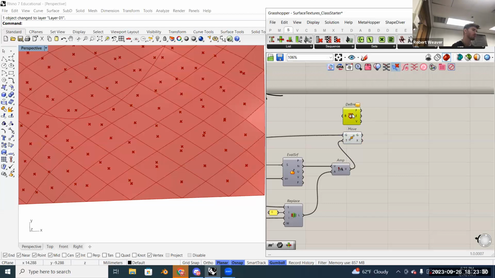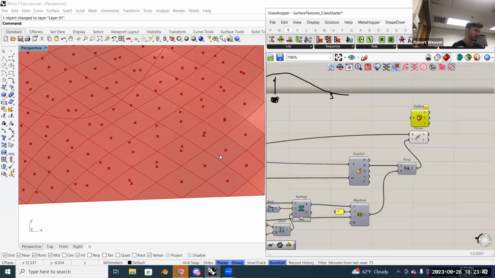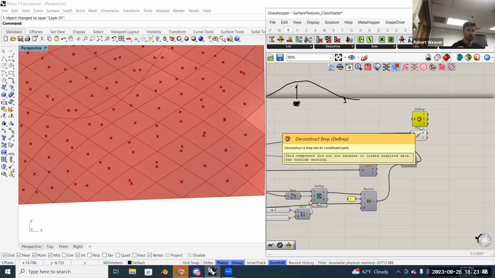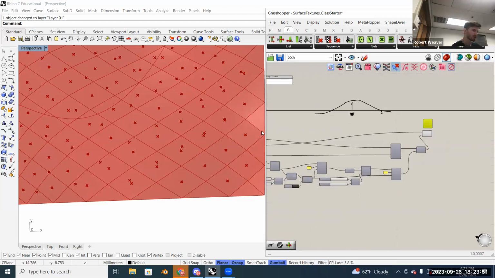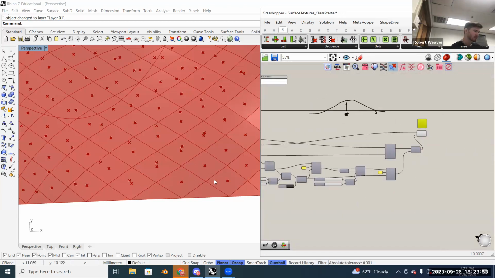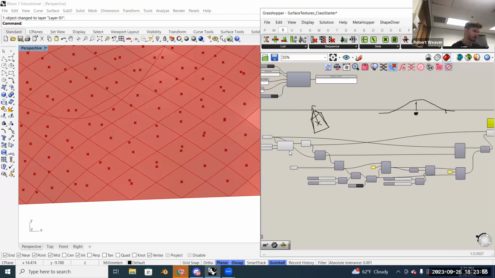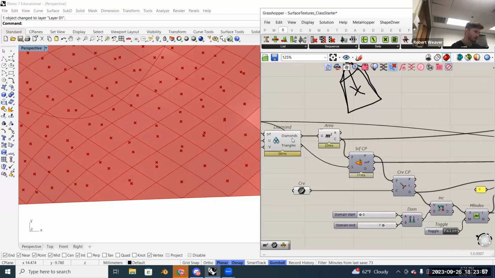I'll probably say this a lot, but the data types are very particular in Grasshopper. If you're working with a mesh, you can only plug that into things that want meshes. If you're working with a B-rep, like in this case, we have very simple Rhino B-rep geometry that works well with B-rep inputs. For this one, we're going to want to input the same diamond shapes from earlier because we want to find the points that surround each one of these diamonds. So from the diamonds, we can grab the output of diamonds and plug that into the B-rep input